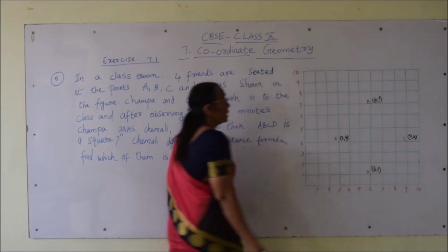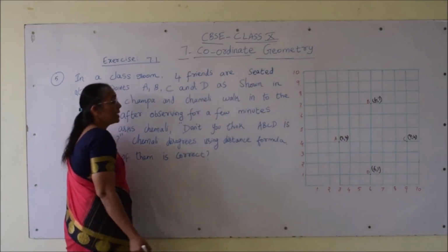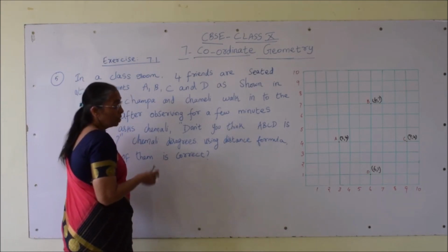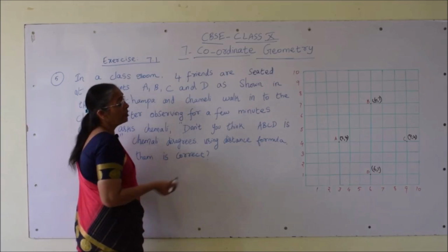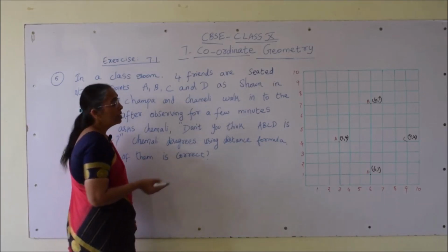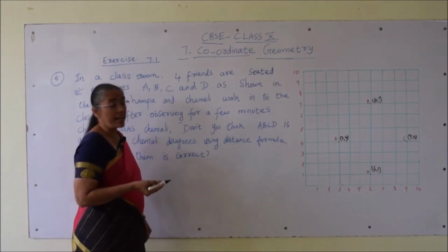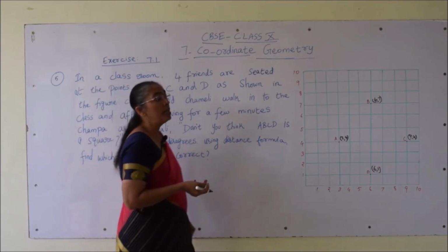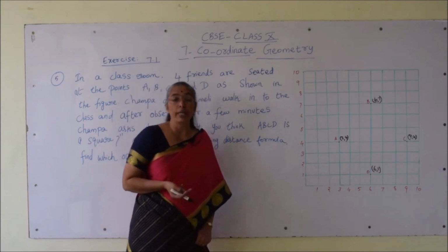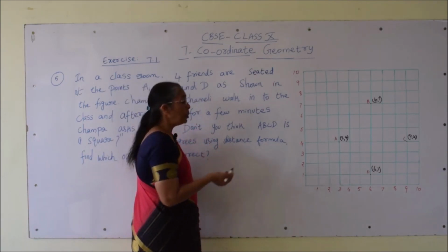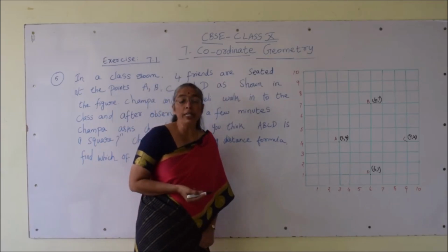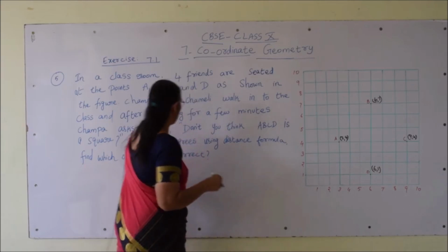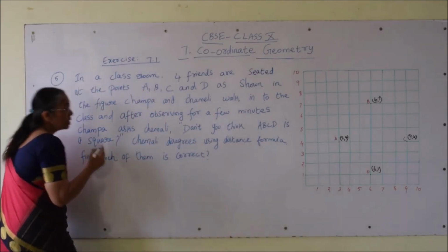Now, let us find out the distances AB, BC, CD and DA to find out whether they are forming a square. Not only do all the sides have to be equal, we also have to check whether the diagonals are equal. Only if all the four sides are equal, it is not necessary that they form a square. It can be a rhombus also. To prove they are forming a square, we have to prove that all the four sides are equal and also the diagonals are equal. Now, let us start with AB.